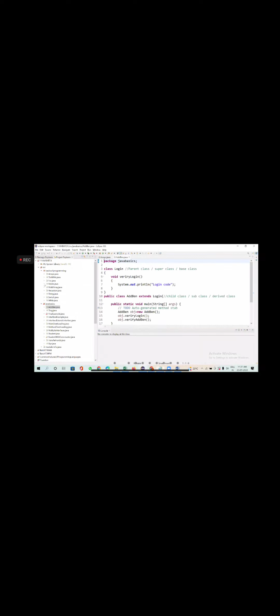Now, how to access a package from another package? Example, you have package 1, package 2. How to use package 1 in package 2? Package 1 can contain multiple classes. I'm giving only one class just for the sake of example. Don't think a package should contain only one class. It can contain multiple. I have multiple classes under Java basics, and also multiple classes under basics of programming language.